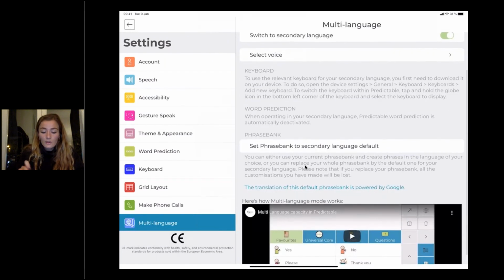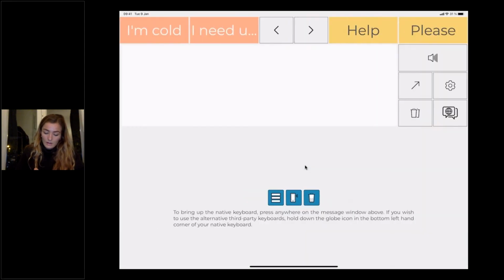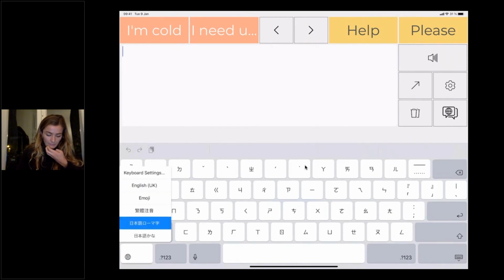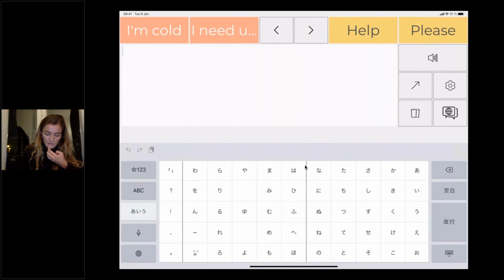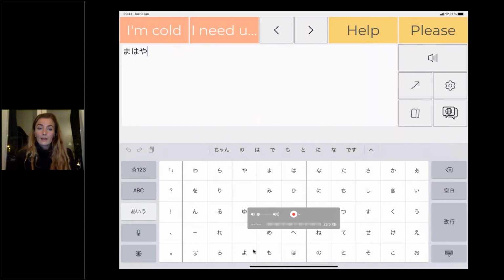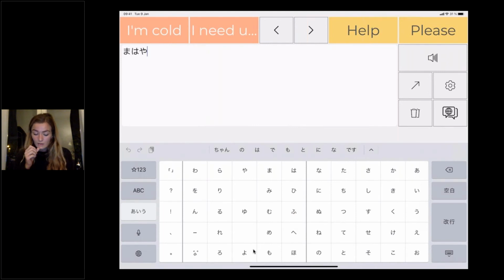And then you can see that I don't have many keyboard options. I only have the native one. So if I go here, I just need to select the Japanese keyboard, which is this one. And so now I can type in Japanese. There are 2 things that you need to know: first, how to download this native Japanese keyboard, and second, how to download additional Japanese voices.